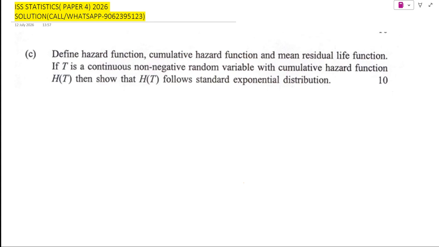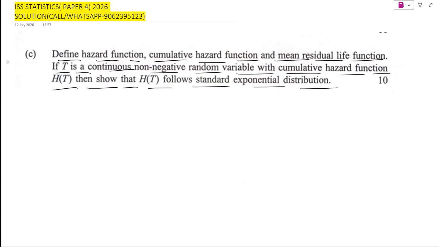We have to define three important functions and then prove a famous result: the cumulative hazard transforms any continuous lifetime distribution into a standard exponential distribution. This result is widely used in reliability engineering, medical statistics, survival analysis, everywhere. So let's begin. Let's read the question first. Define hazard function, cumulative hazard function, and mean residual life function. If T is a continuous non-negative random variable with cumulative hazard function H(T), then show that H(T) follows the standard exponential